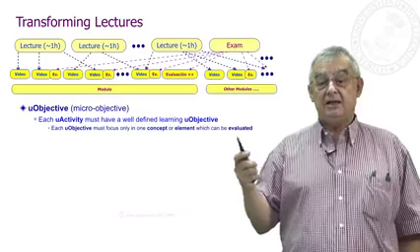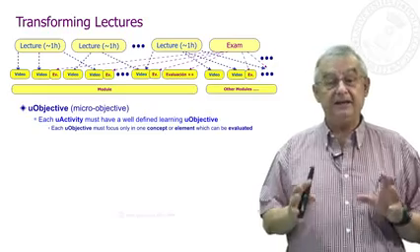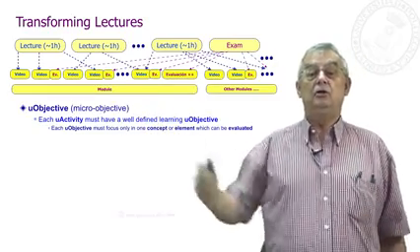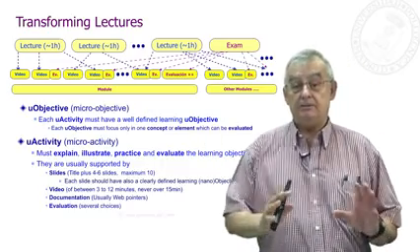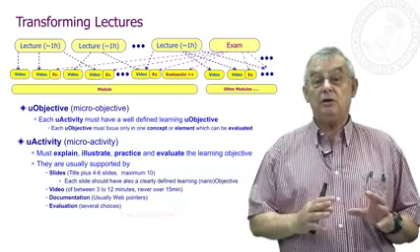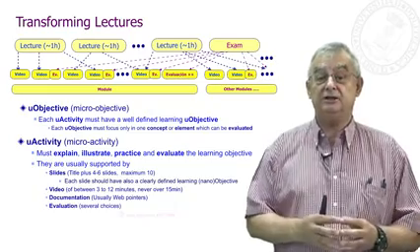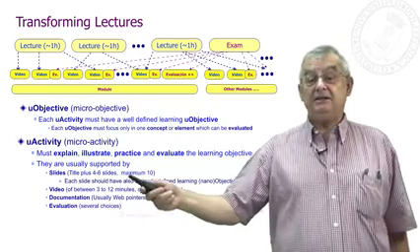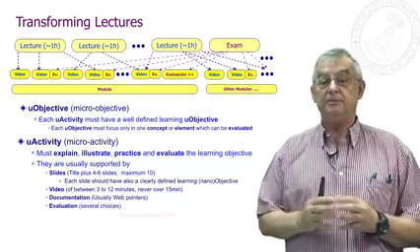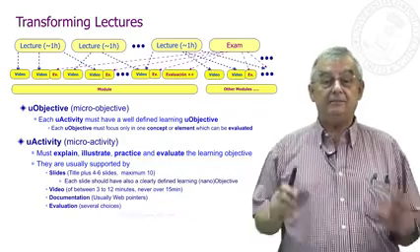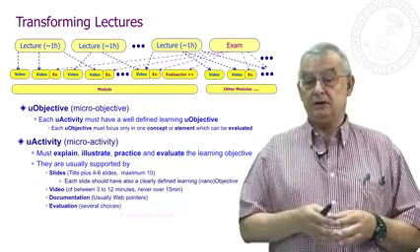It is important that the micro-objectives can be evaluated, because if you choose a well-defined topic, it will be easy to evaluate, and then you will go to this structure without any problem. Therefore, each micro-objective is supported by a micro-activity which uses more or less the same materials as we use in the standard classroom for our lectures. It must explain and illustrate the concepts, the knowledge you want to transmit to them, and it must also make the learner practice and evaluate him with regard to the learning objective.